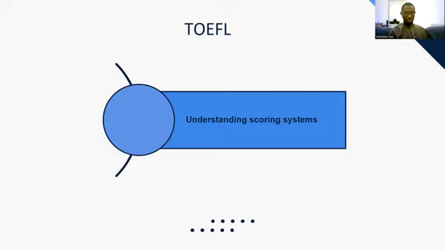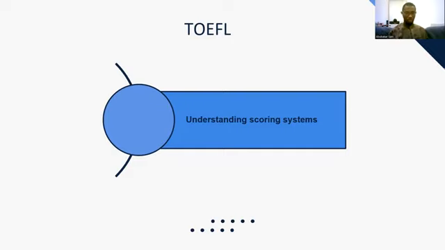Okay. So how the system works in TOEFL: TOEFL comes in different ranges. You have a 0 to 120 band. So if you are reading, your reading will come between 0 and 120. I know we are used to 0 to 100, but in their case, it is 0 to 120 points. And it's a point system.